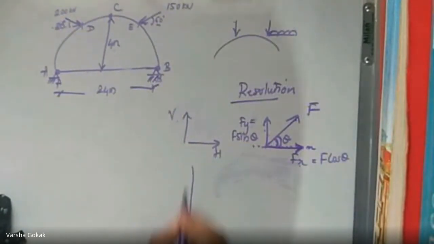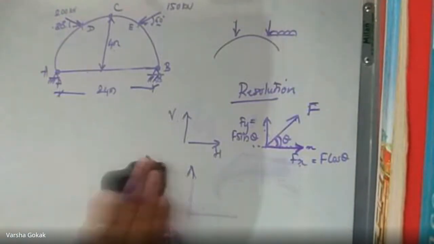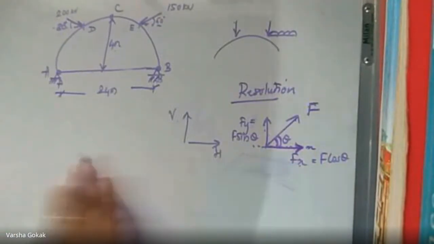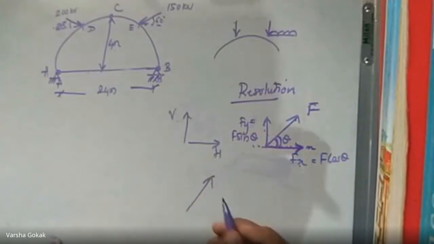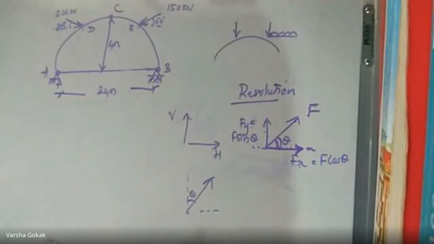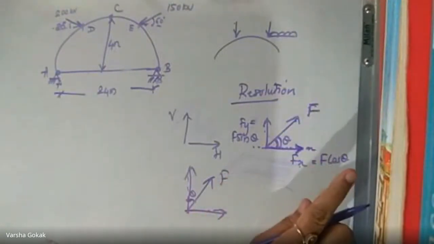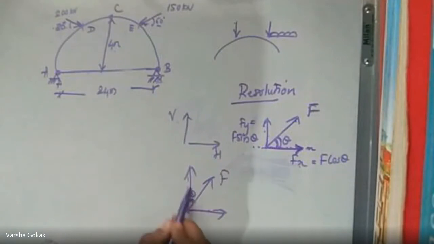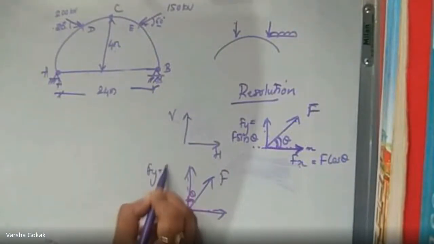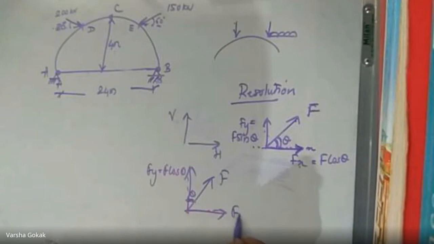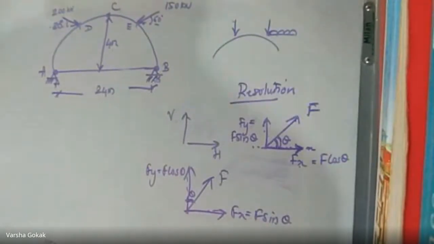Say you got an inclined force. First, I'll draw the inclined force. Say they have given the theta now with respect to the y-axis. So when I divide this force F into a horizontal and a vertical, now this theta is with the y-axis. And what I said, cos and theta are always friends. The moment theta is with y, Fy becomes F cos theta, Fx becomes F sin theta. So remember this, very important.